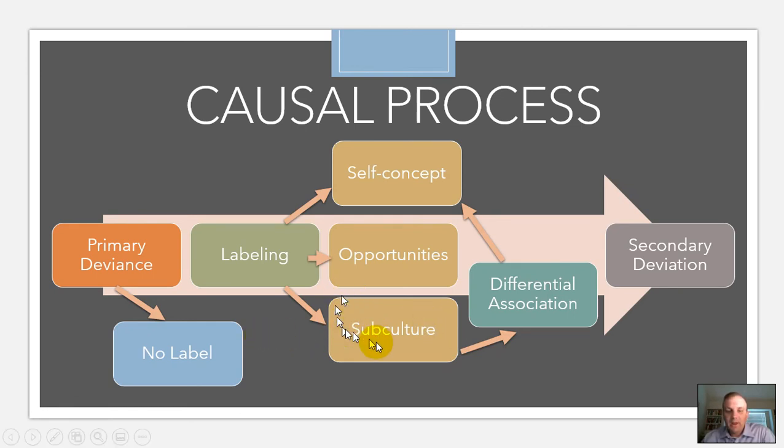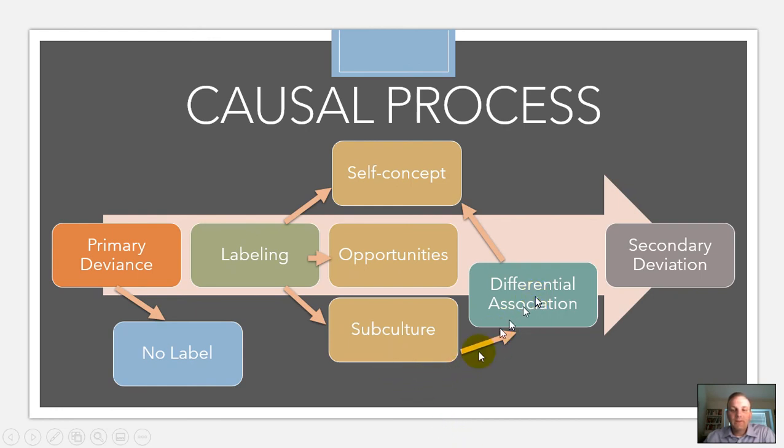And what that in turn does is influence individuals to turn, as a result of the application of a label, to a subculture or a deviant subculture, perhaps a gang or something like that, or other individuals who've been outcasted from normative society to some degree. These deviant subcultures, where youth have already been cast aside to some degree, and they're involved in doing drugs, stealing stuff, and whatever. And as a result, these are the kids I can go hang out with. These are folks I can go hang out with.